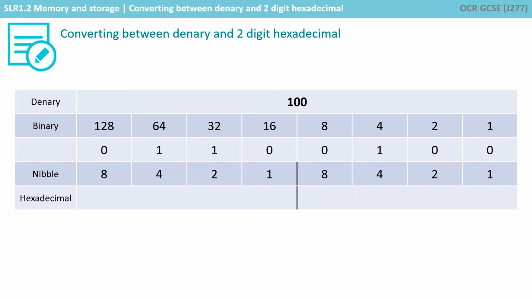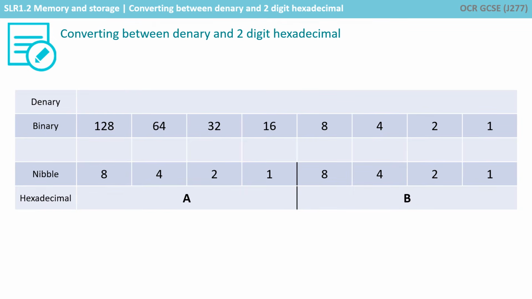So first of all, there's 100 written out in binary. Now let's start with the left-hand nibble first. So we have a 1 in the 4 column and a 1 in the 2 column. Remembering again, we're using the mini binary weighting line for the nibble, not the field weightings at the top. So we've got a 4 and a 2 is 6. And then the right-hand nibble, we just have a 1 in the 4 column, so that's 4. So the denary number 100 in hex is 64. Again, remember, that's six-four, not sixty-four.